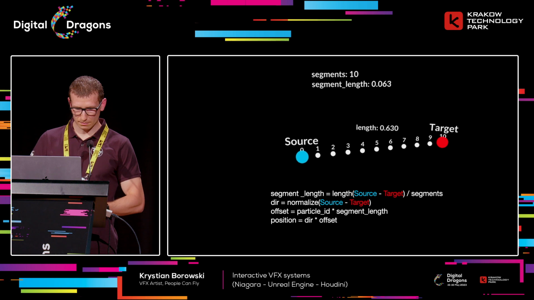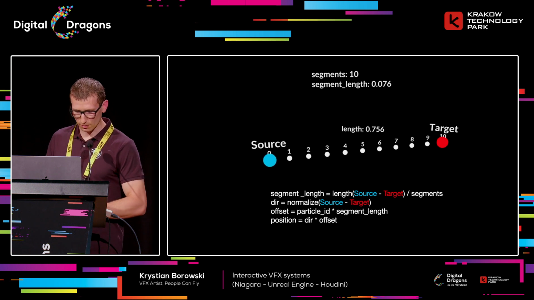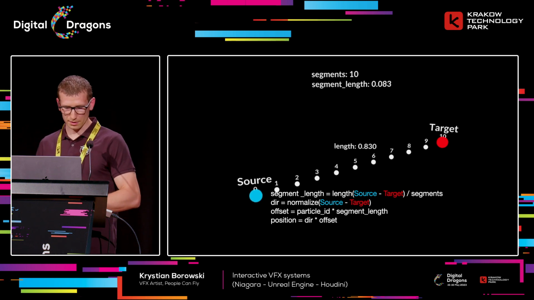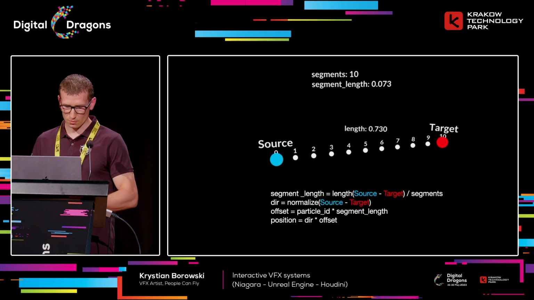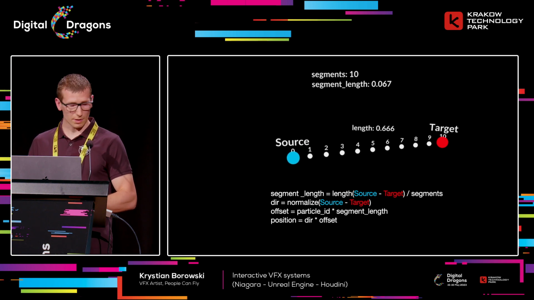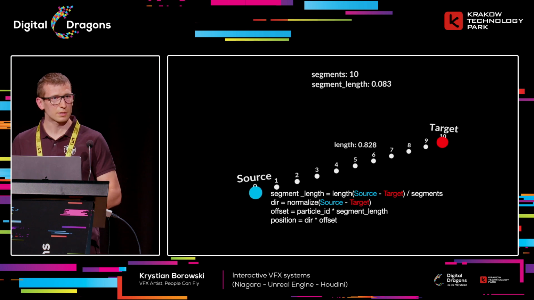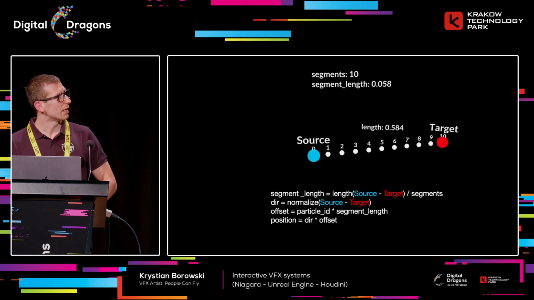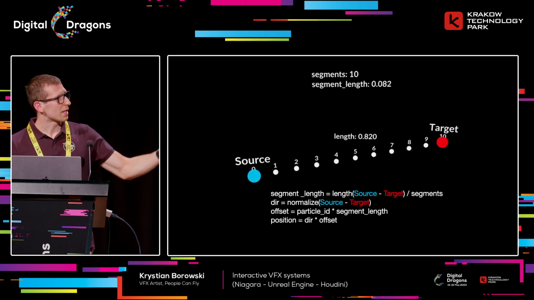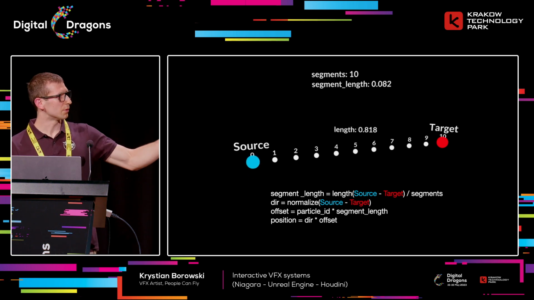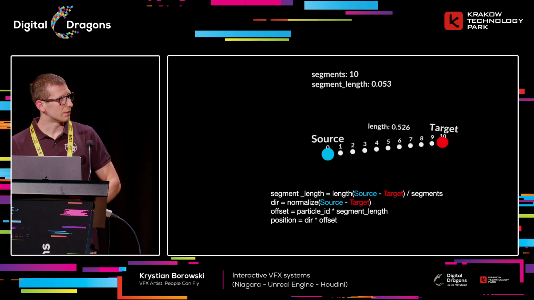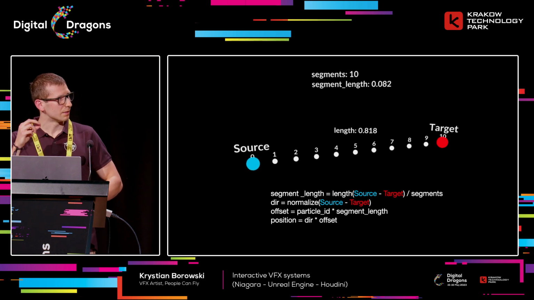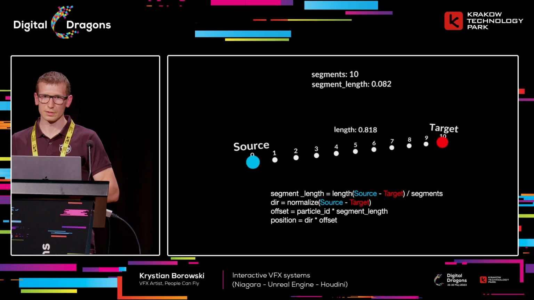And yeah, now to distribute particles along the line, we can multiply the particle ID by the segment length. So it will give us a proper offset value for each particle. So you can imagine that we have, for example, a particle with ID 0, and if you multiply 0 with segment length, you will have 0, right? But if you multiply 5, you will have the midpoint between source and target, and it will update